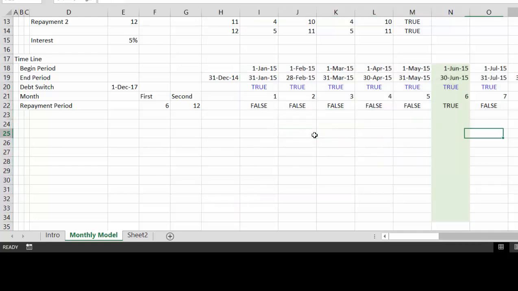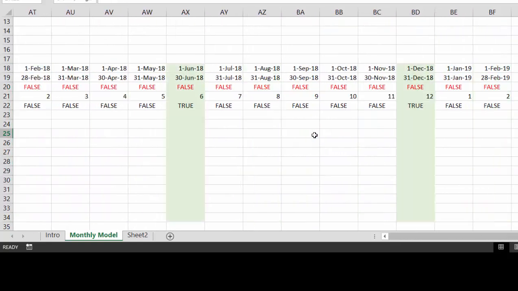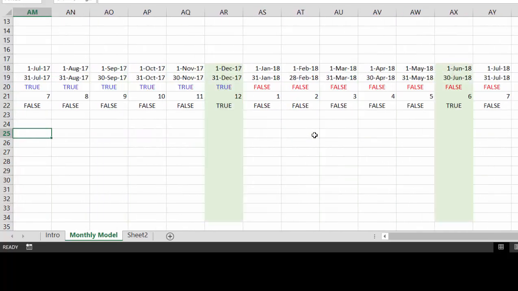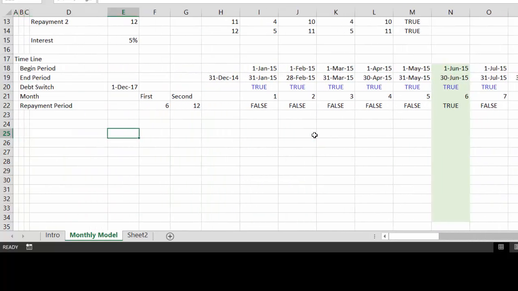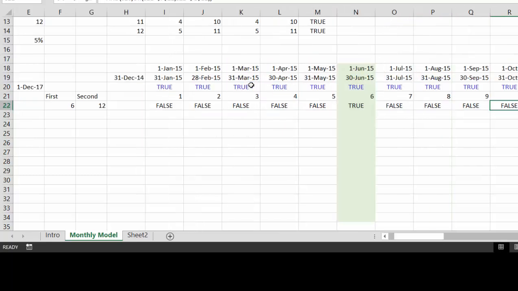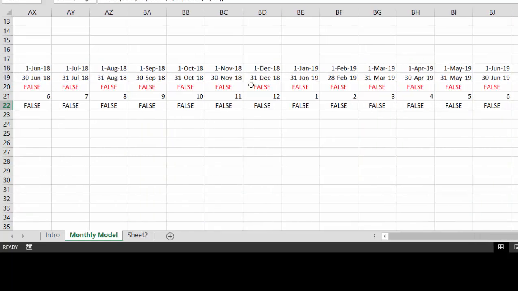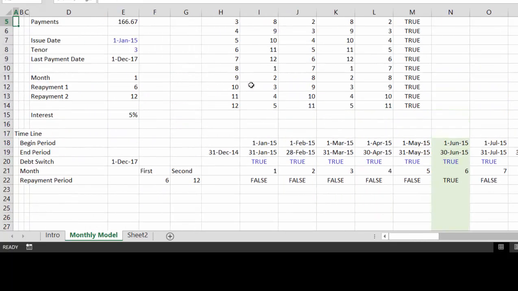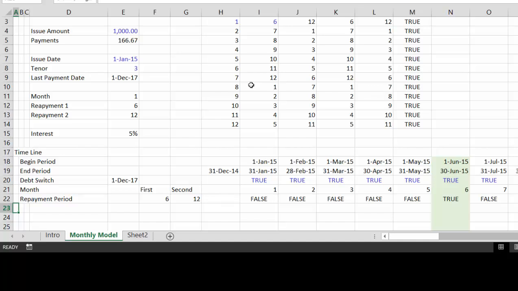So we'll just see when we have a repayment, and of course we also should have only done this for, and this has to be true as well. Okay, so maybe that's almost too long a formula, but now we have the thing turned off afterwards. Okay, so we've got the repayment